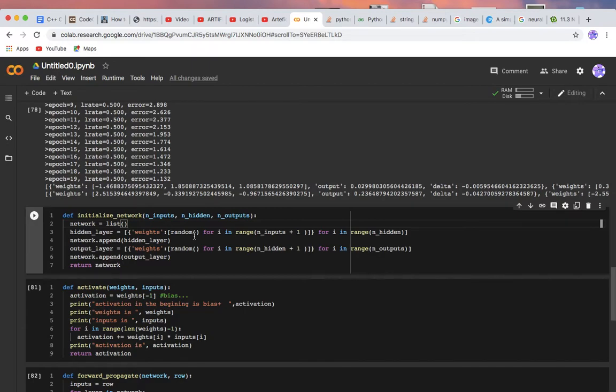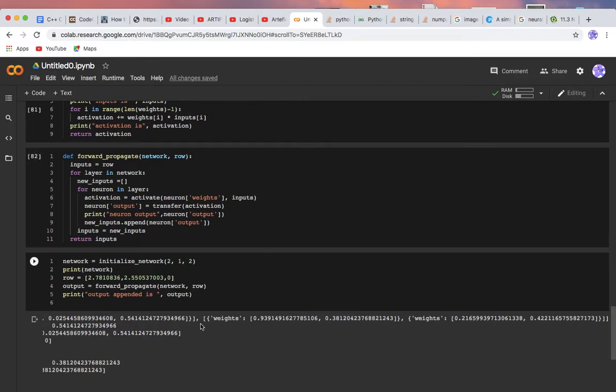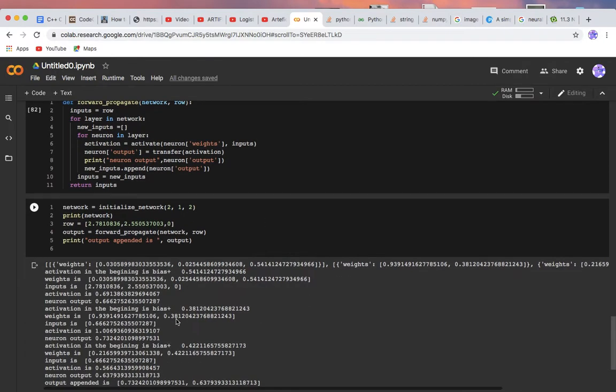Okay, so in this the number of hidden layers is 1, so one row and three columns, because it is the number of inputs plus 1. Why do we do inputs plus 1? Because of the weights which were calculated here, the last one is for bias, right? And these both are for our inputs, right?